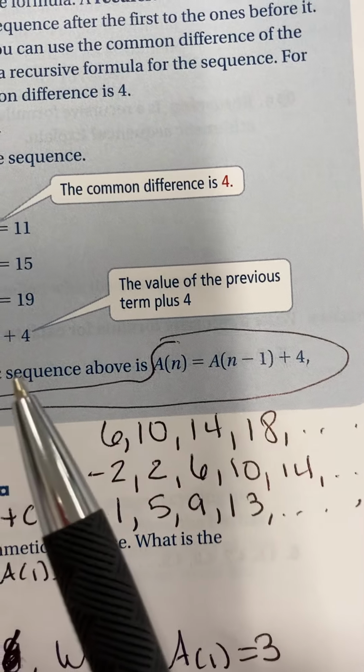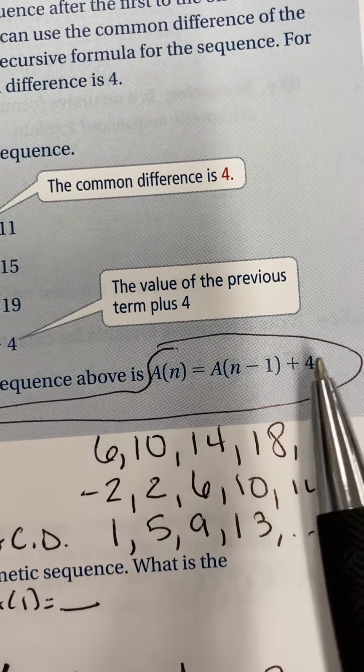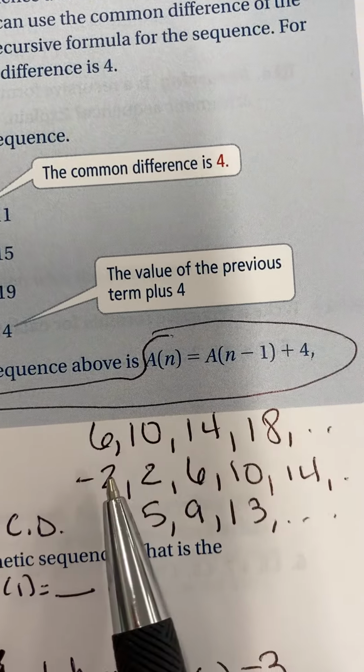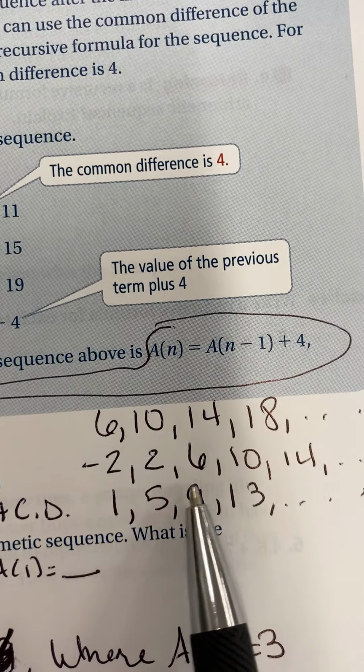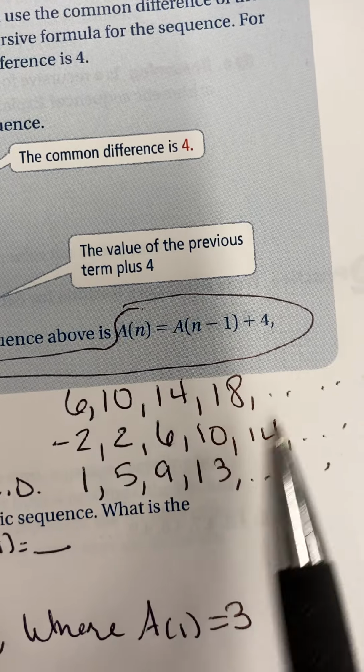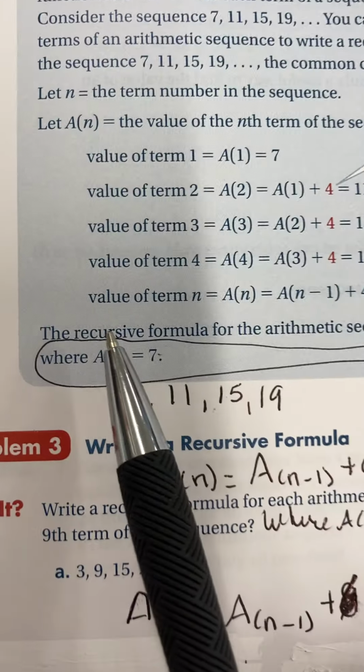It's completely different than the sequence above, but it is a sequence, and the common difference is 4. Same thing here. I could start with a -2 and add 4. Here I could start with a 1 and add 4. So as you can see, we have an infinite amount where we're adding 4, which is why on the recursive,